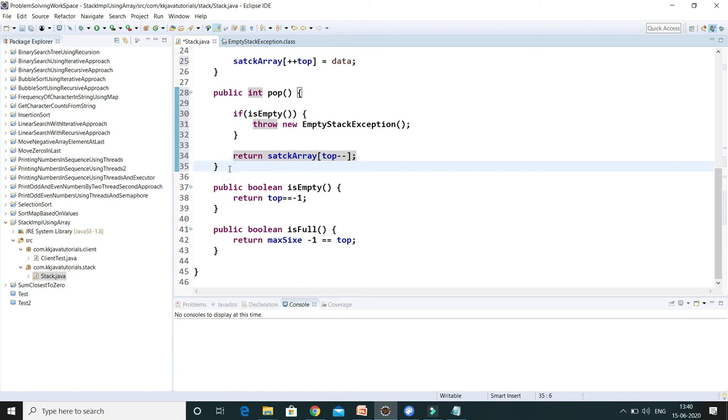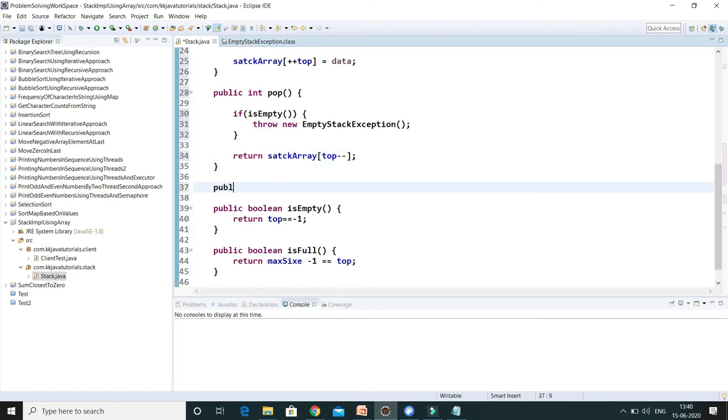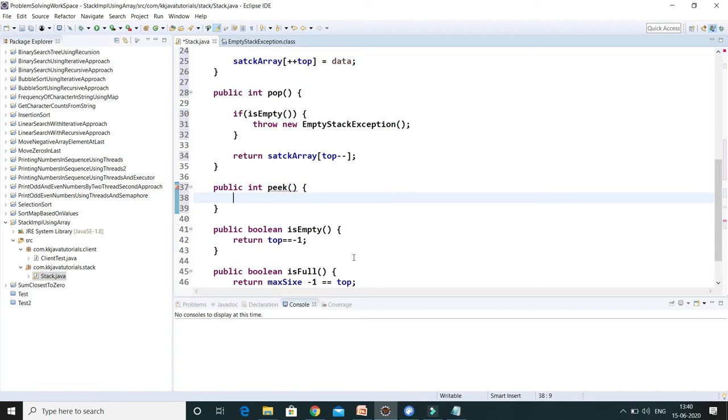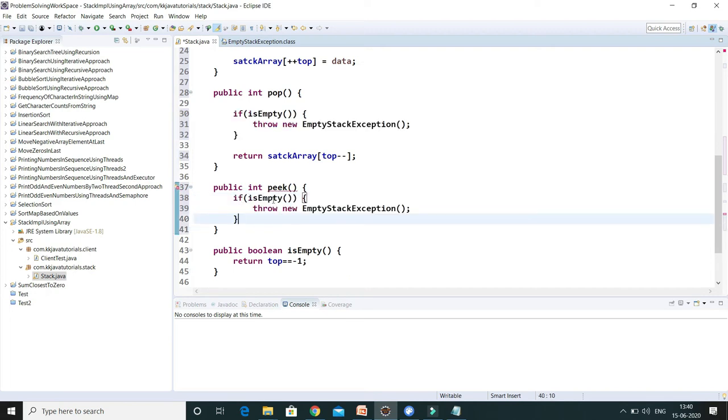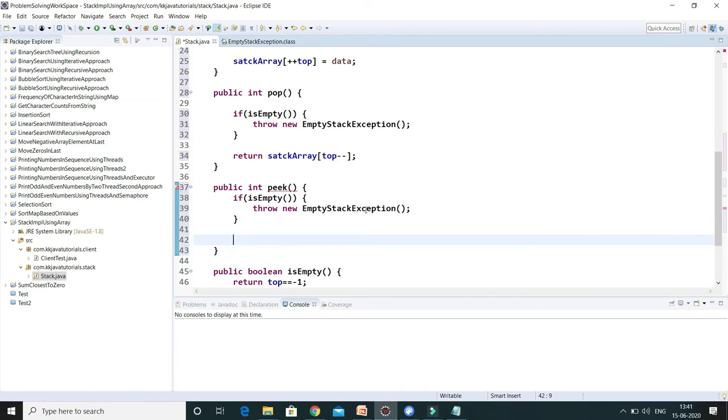Now the next thing we have to do, public int peek, right? Already we had talked about it in the previous video tutorial. Peek will basically return the topmost item. But before returning the topmost item, first of all we check if the stack is already empty. That means this is showing an underflow condition, right? Underflow. So in that case we have to throw an exception.